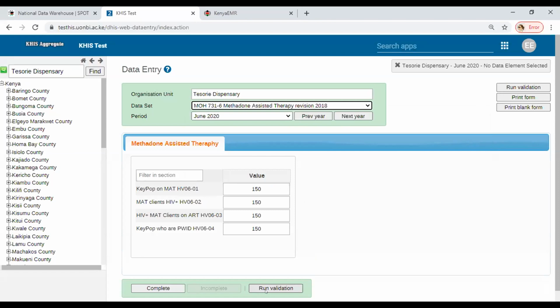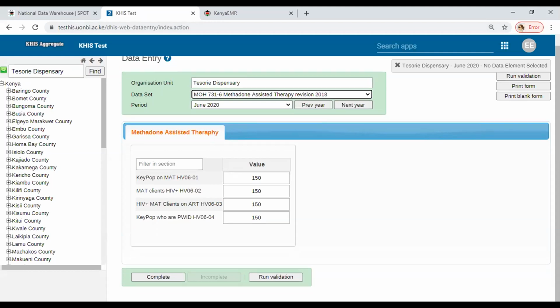So after the posting, all that is required is to run the validation and complete that data set. Currently we're using this test instance. If you remember, the URL was test.his.un.bi.ac.ke, which we have been allowed to use for testing of this concept. So again, you can run your validations, but right now I don't expect to do any validations